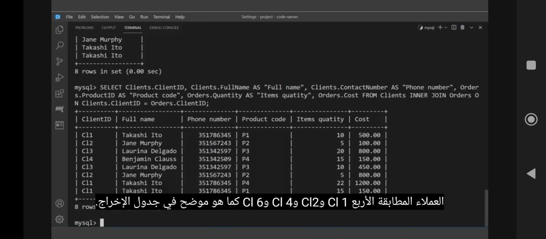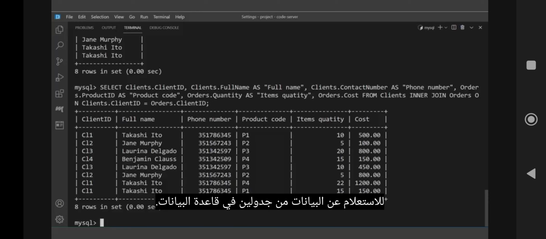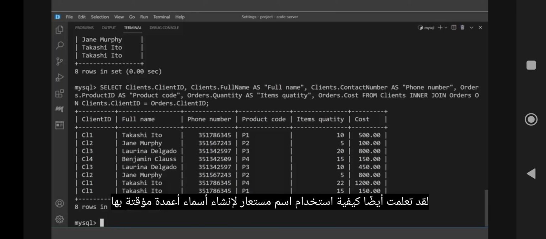In this video, you explored how to work with the inner join clause in MySQL to query data from 2 tables in the database. Also, you learned how to use an alias to create temporary column names that have more readable labels. Lucky Shrub can now review the data they need using a more efficient table thanks to the inner join clause. And you should now be able to apply the inner join concept in MySQL,